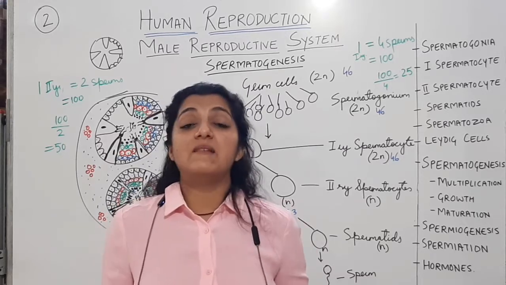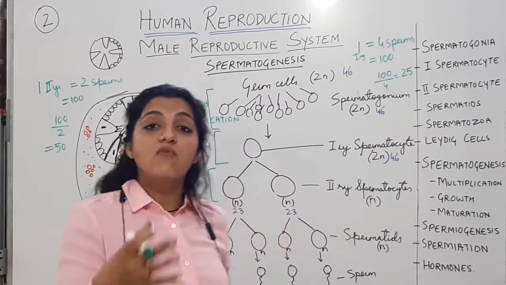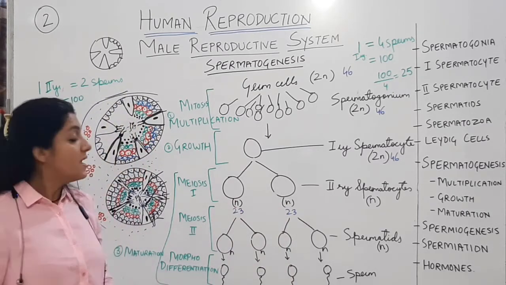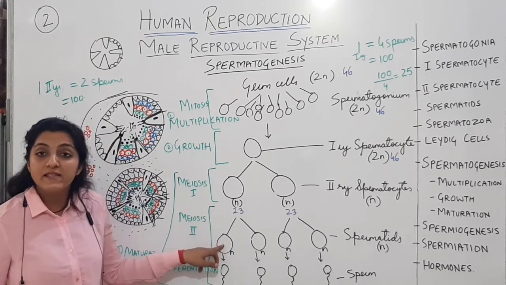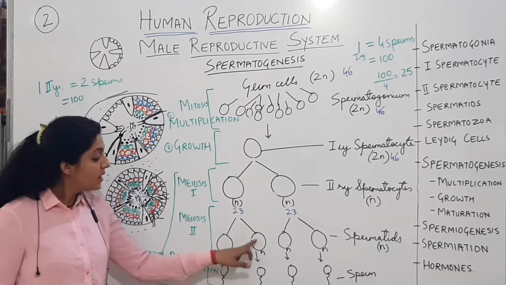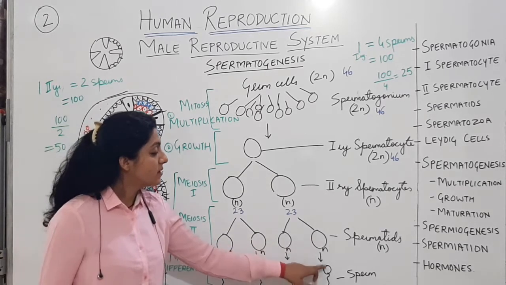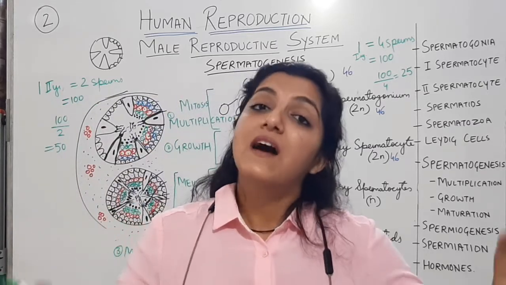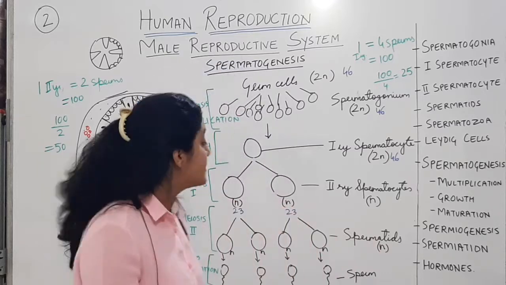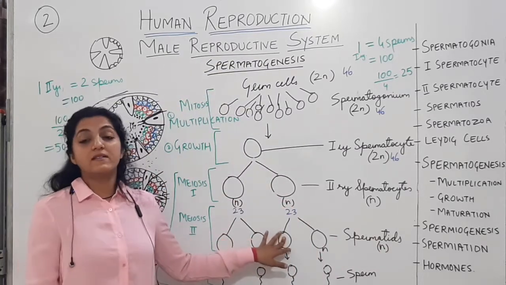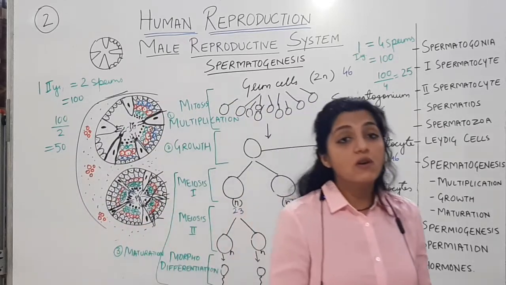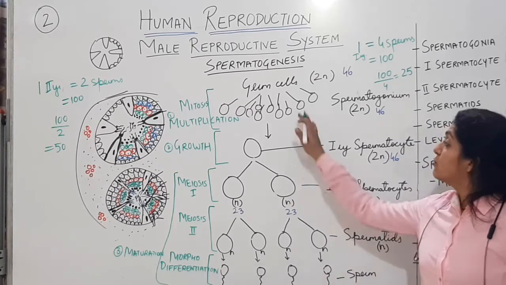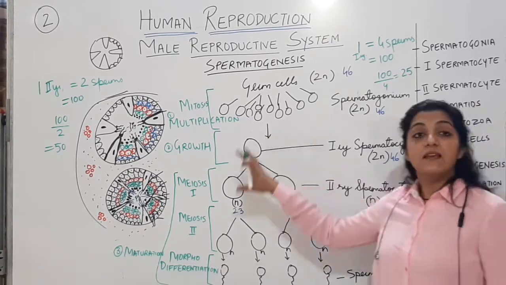Now you are going to tell me कितने spermatids लगेंगे to form 100 sperms. How many spermatids will you require to form 100 sperms? One spermatid is forming how many sperms? 1. Each one is forming 1 sperm. So 100 sperms बनाने के लिए 100 spermatids लगेंगे. These kind of MCQs you are going to get on what we have discussed. So it is important for you to remember कि कितना cell क्या बना रहा है.